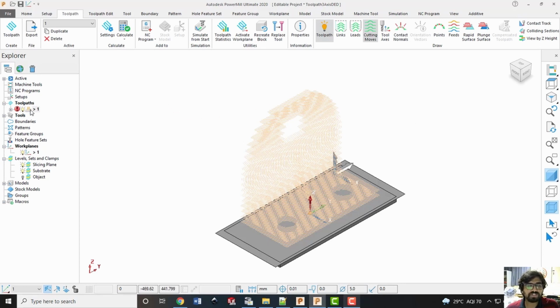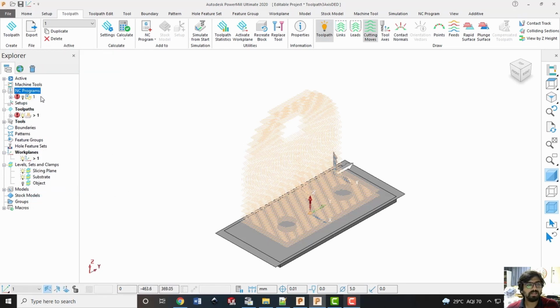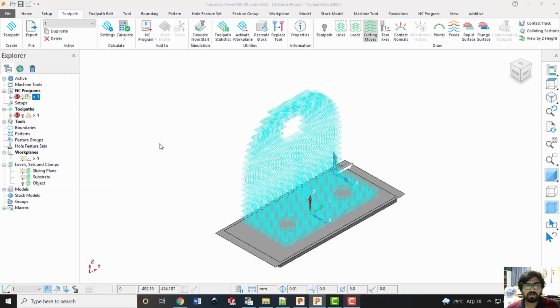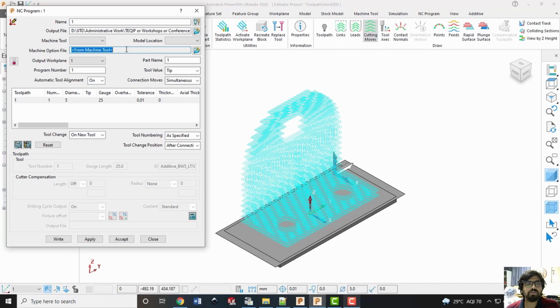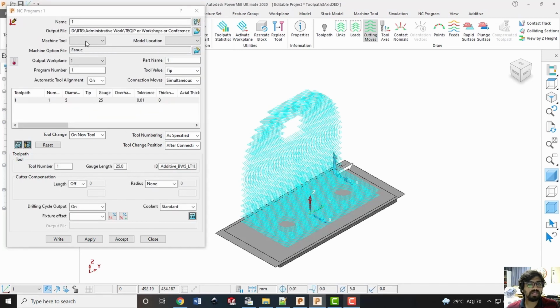Then of course, after generating this toolpath, you can right click here and create the individual NC program for the same. Then this is your NC program ready. Based on the machine you are using, you can use the appropriate post processor by utilizing this option here. Assume that I am using the Fanuc. I'll say accept and I'll switch off the coolant and all because that is not really required.